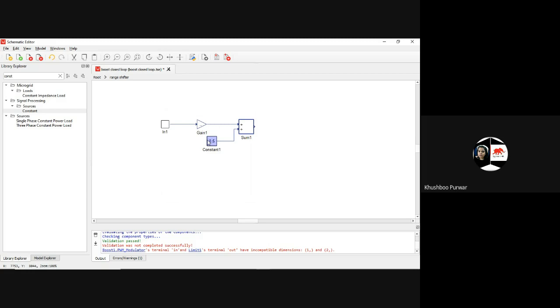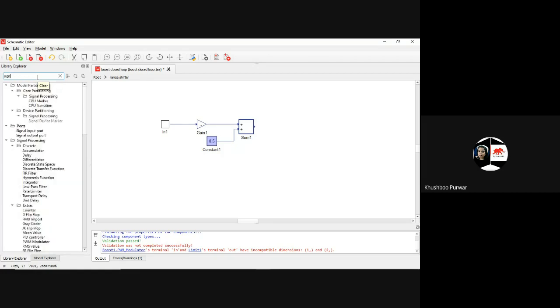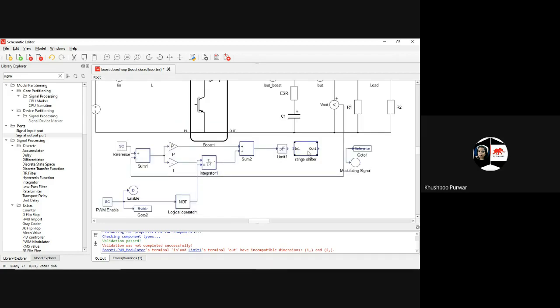Then I need one output port, so use signal output port. This is the signal output port. So this is how we have designed the range shifter. Get back to the root and now connect.